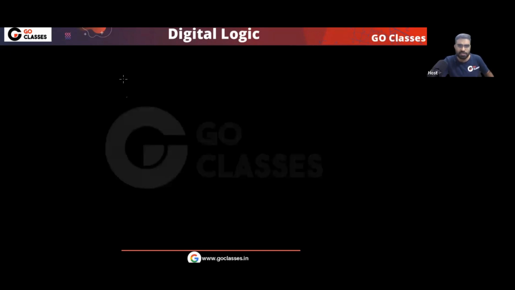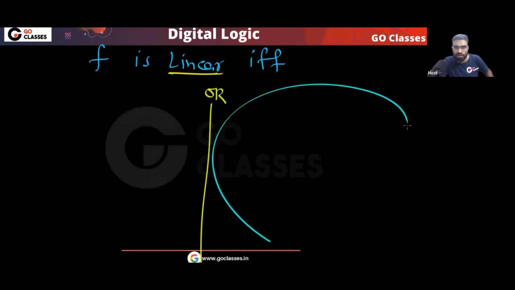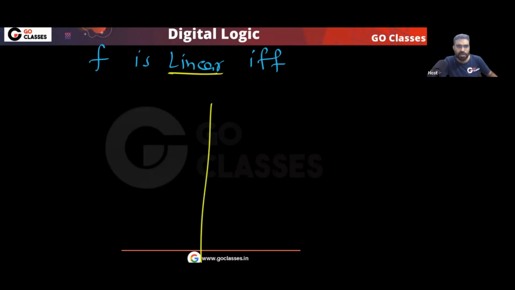See what this definition is saying. If you have a function f, when can I say this function f is linear? Either this happens or this happens. One of them should happen. Is this clear? Remember, this function will be linear if either this happens or this happens. So what is that? This f is linear if and only if,